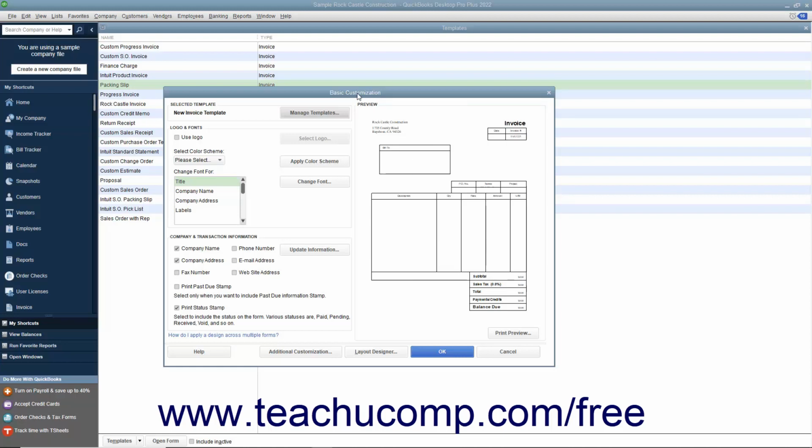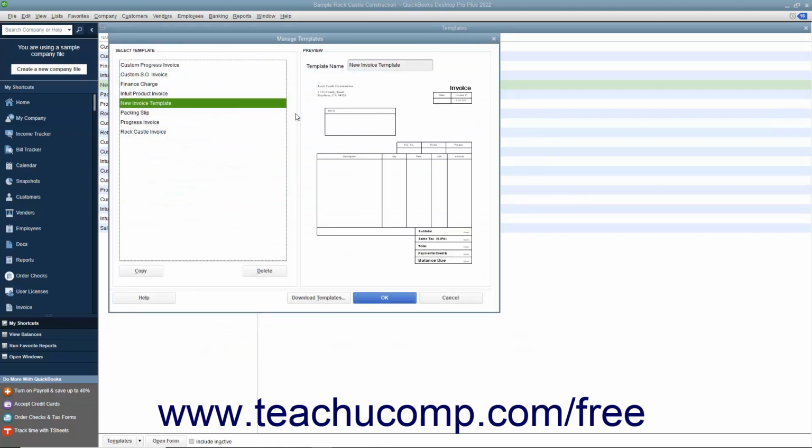At the very top of the Basic Customization window, you will see the name of the new template you have created shown within the Selected Template section. To change the name of the template, click the adjacent Manage Templates button to open a Manage Templates window. The name of the template should be selected within the Select Template list at the left side of the window. Type the name you want to give to the new template into the Template Name field at the right side of the Manage Templates window, and then click the OK button at the bottom of the window to return to